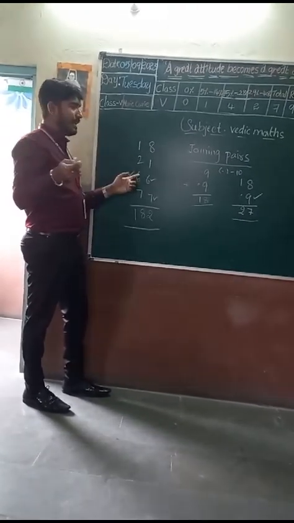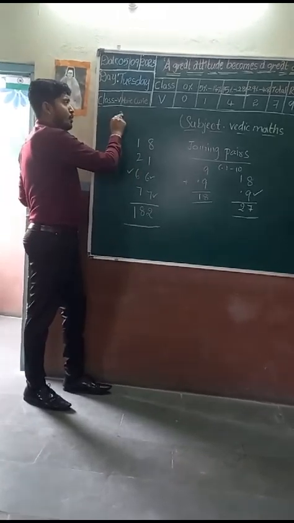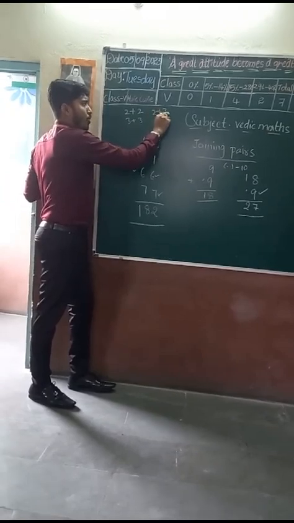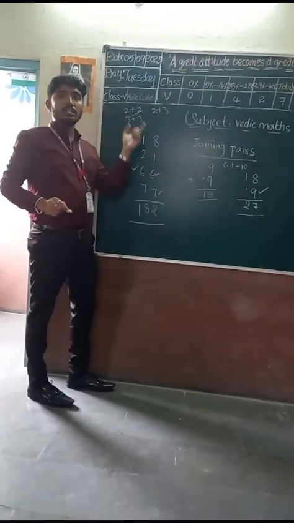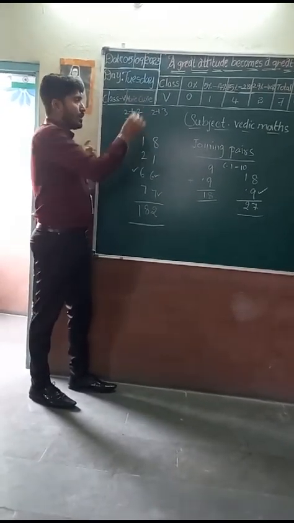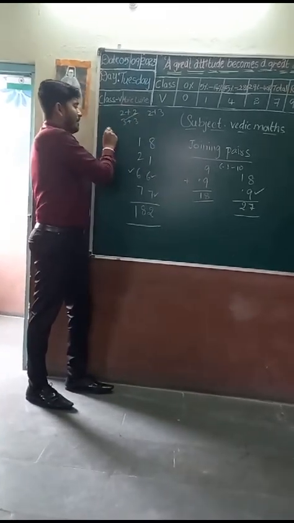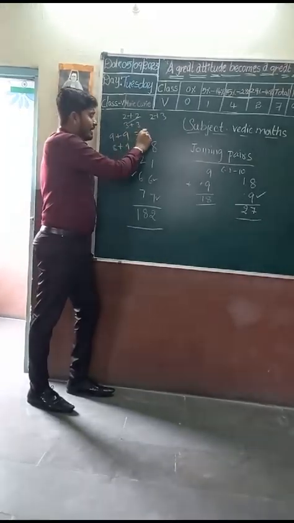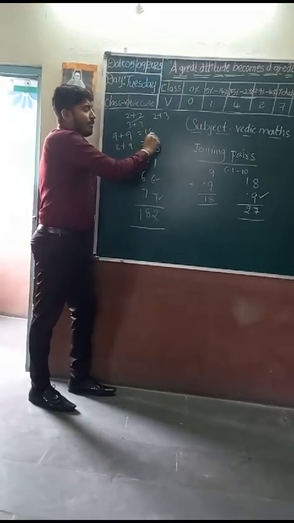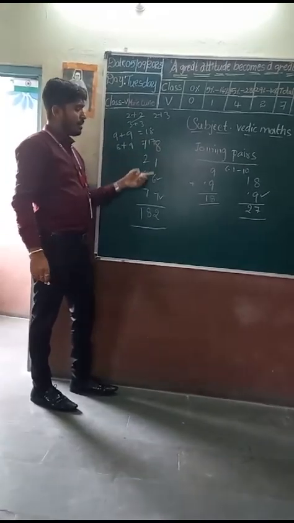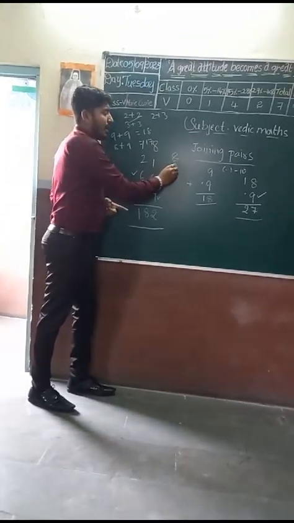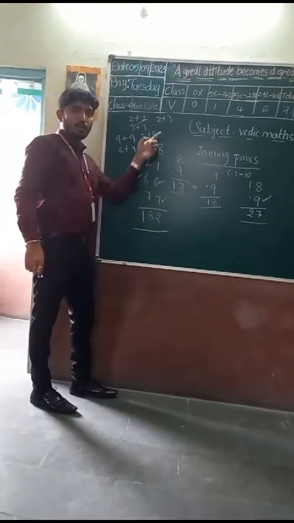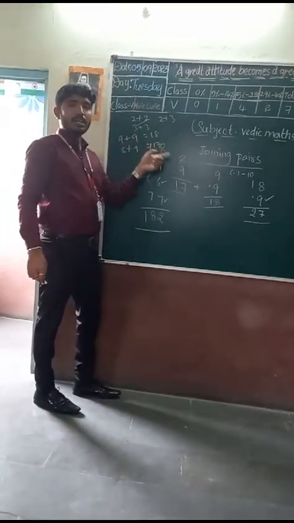So when you are calculating, first you have to learn 2 plus 2 how much, 3 plus 3 how much, 2 plus 3 how much. So randomly you have to learn this up to 9. Okay, when you learn this up to 9 plus 9, 8 plus 9: 9 plus 9 is 18, 8 plus 9 is 17. If anyone asks randomly, if the number is 8 plus 9, then you have to write dot 7. Directly you can write this answer. So when you learn this base, easily you will get this idea.